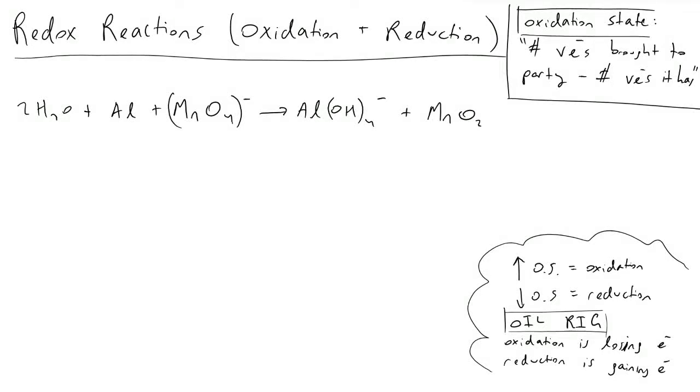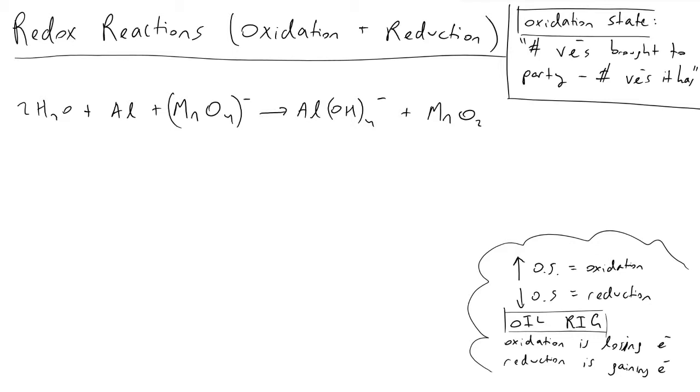In this video, I'm going to be discussing redox reactions, also called reduction and oxidation reactions. And all this is keeping track of the transfer of electrons between atoms within molecules during a chemical reaction. And the very first thing you're going to do when examining a redox reaction is assign something called an oxidation